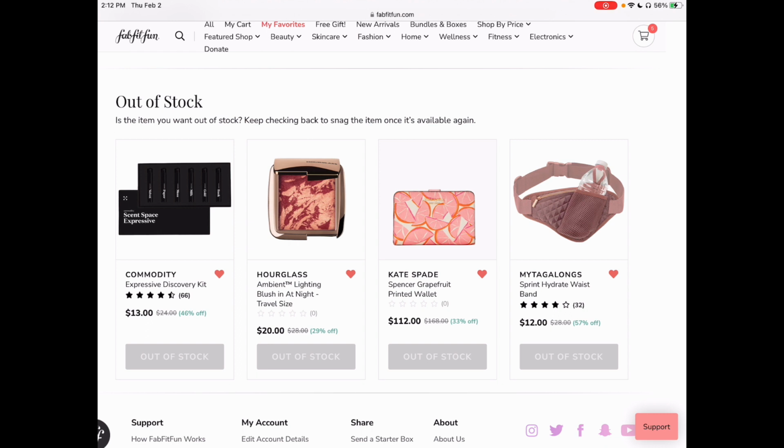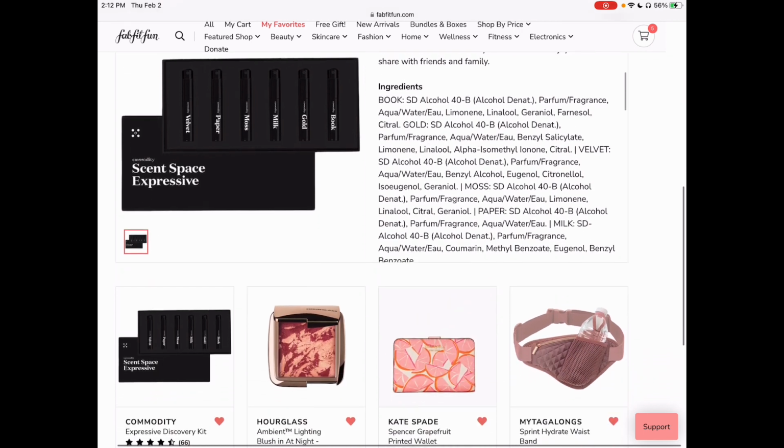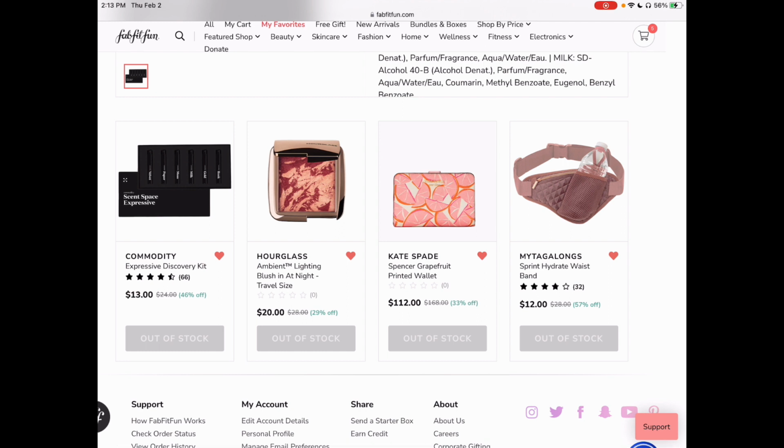The Commodity Expressive Discovery Kit. Let's see what we get in that. You get velvet and paper and moss and milk and gold and book. I am so sad that I missed that the first time it went through. And I bet this is one of the ones that may not get put back. It is really cool. And then we have the ambient lighting blush at night, the Kate Spade wallet, and that